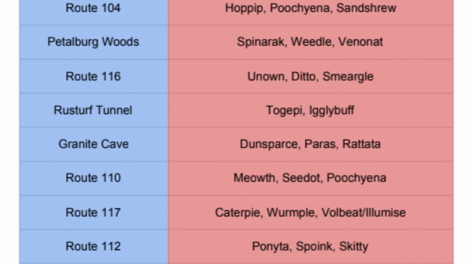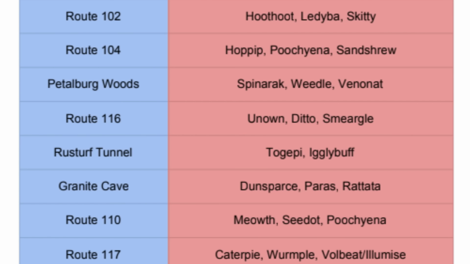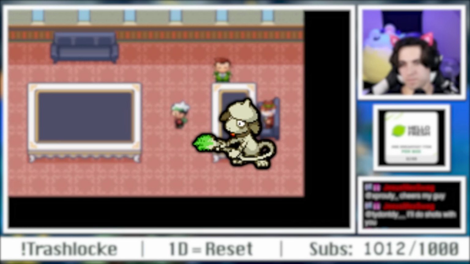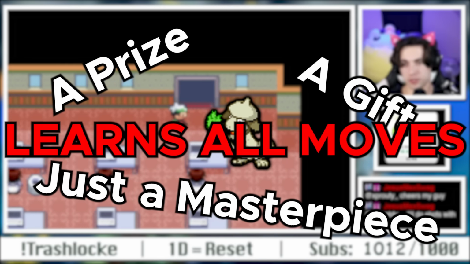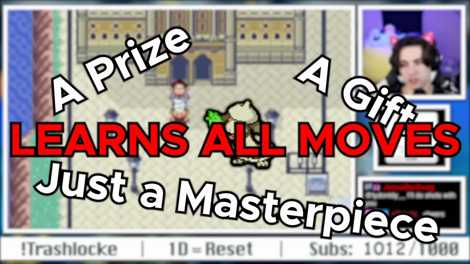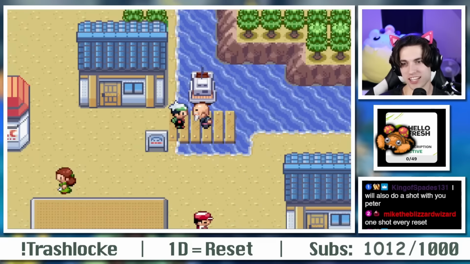There are 3 encounters in every route in this game. This one holds Unown, Ditto, and Smeargle. If I was going to rank these encounters, I would put Unown in 3rd place because it's useless, and then I would also put Ditto in 3rd place because they're both useless. Smeargle here, though, a prize, a gift, just a masterpiece, can learn any move in the game. We wanted this guy. So we continued our journey to Dewford without anyone, picking up a Paris and Love-Disc and